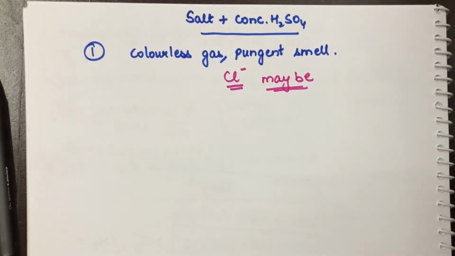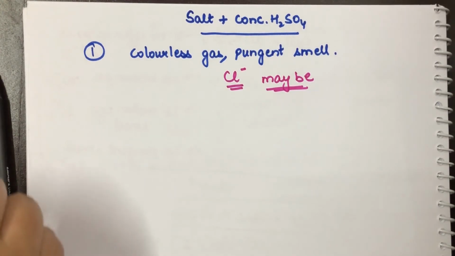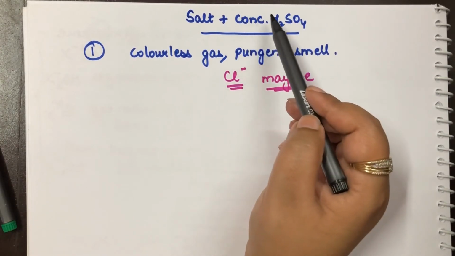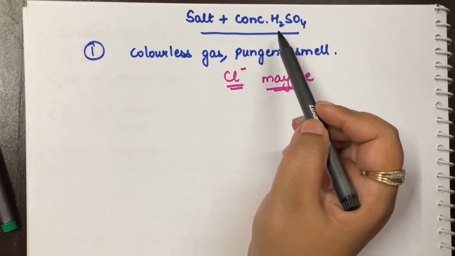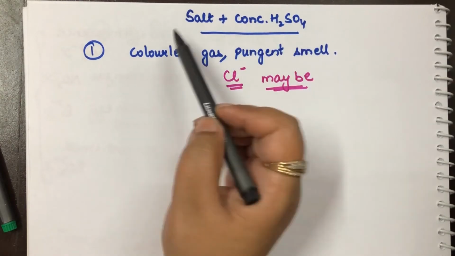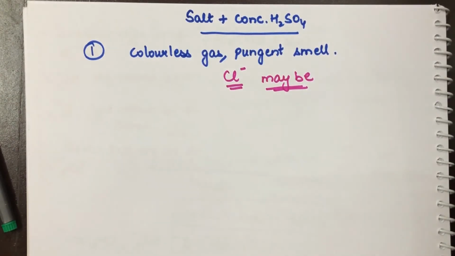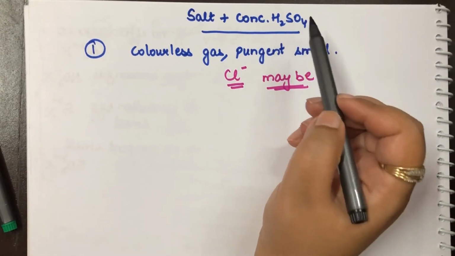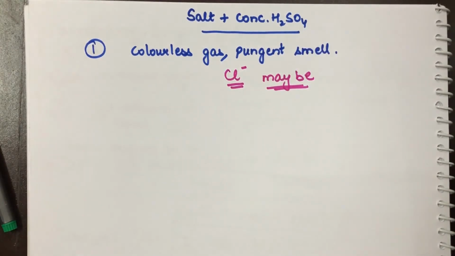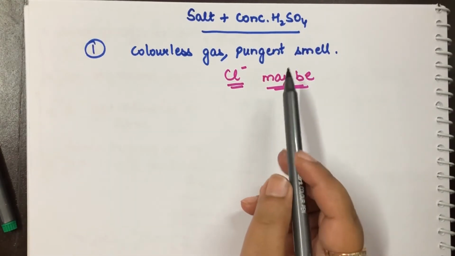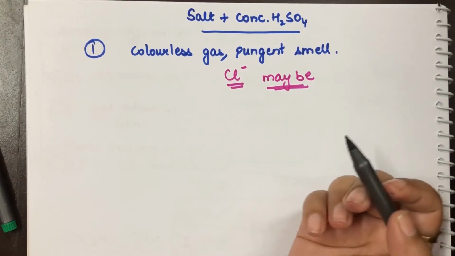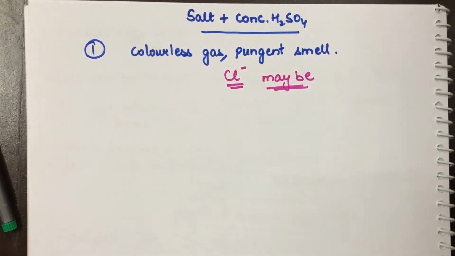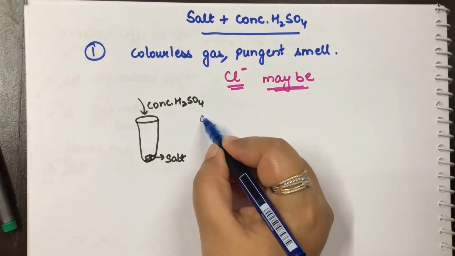Now I would like to mention very particularly, since you are going to add concentrated H2SO4, please use a dropper to pour concentrated H2SO4 into the test tube. Do not try to directly transfer the acid to the salt. This is very corrosive in nature. You might harm yourself, so please use a dropper here. Once you have started adding, this gas may obviously be chloride, bromide, iodide, nitrate or acetate. Now if it is a colorless gas, I will take a glass rod.